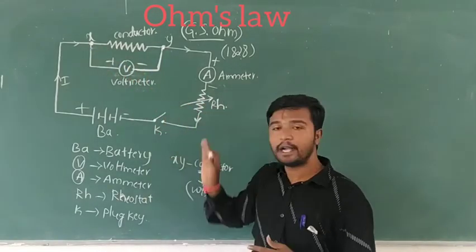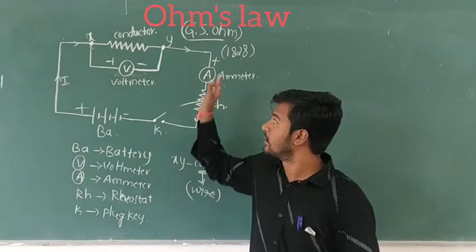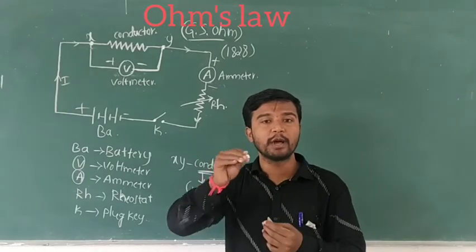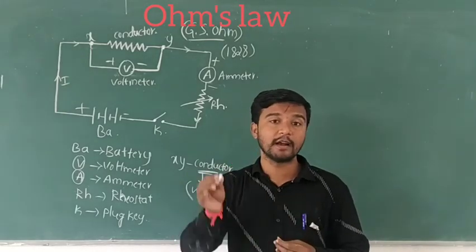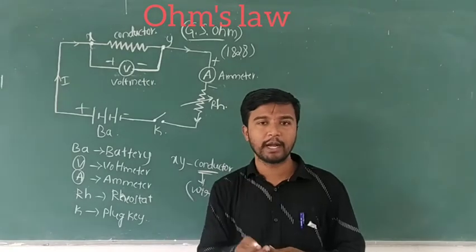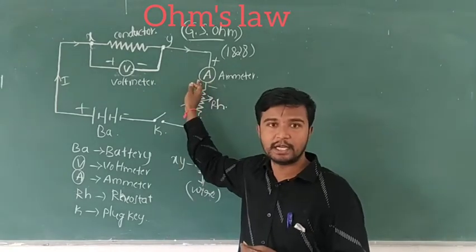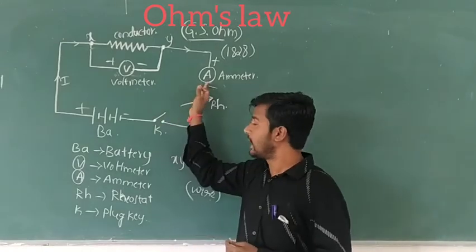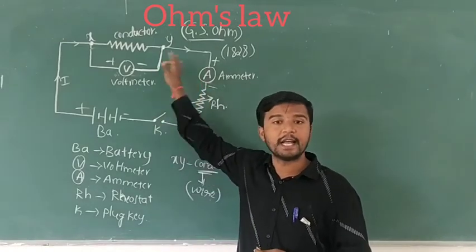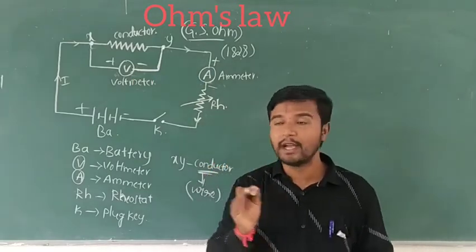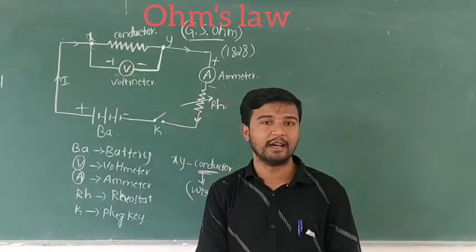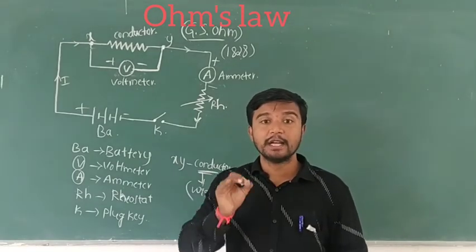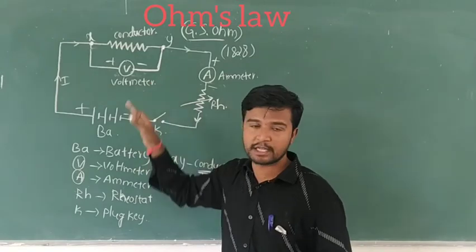Means the current reading is shown, and along with it the voltage is also displayed. Continuously, when we put in another cell, another 10 volt battery, another 20 volt battery, again it increases. Means when a current flows through a conductor, I is directly proportional to the potential difference V across the ends of the conductor.